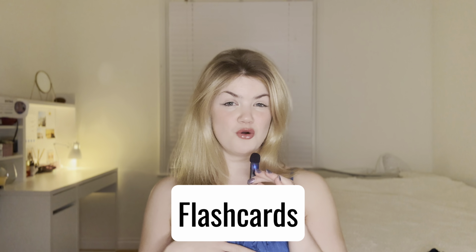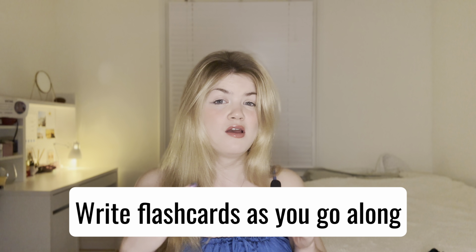I personally think flashcards are a great way to incorporate active recall into your study routine. This doesn't have to mean writing out hundreds and hundreds of flashcards like you see those other people in your class do, and they've just got those piles and piles of those WH Smith decks of flashcards. No, it doesn't have to mean that. Although if you've got time and you're at the beginning of year 12 and you're revising for your A-levels, I do recommend writing flashcards as you go along, because it makes it so much easier when it actually comes to